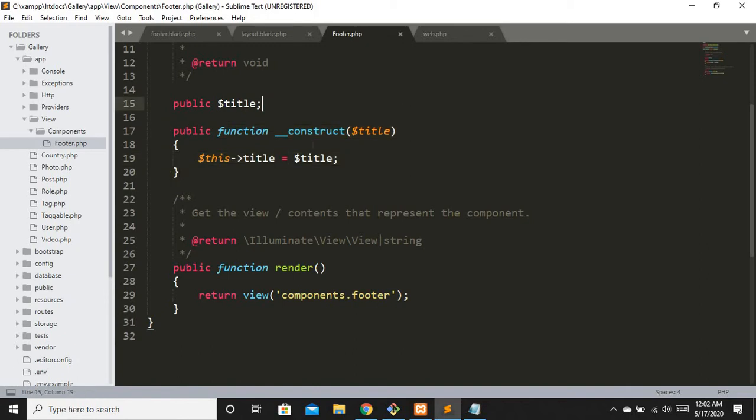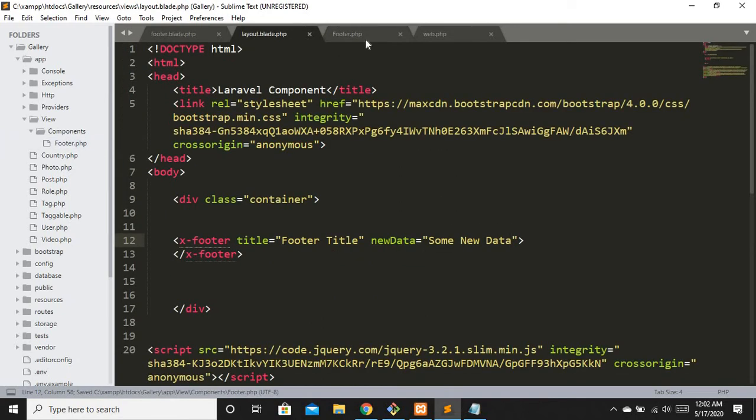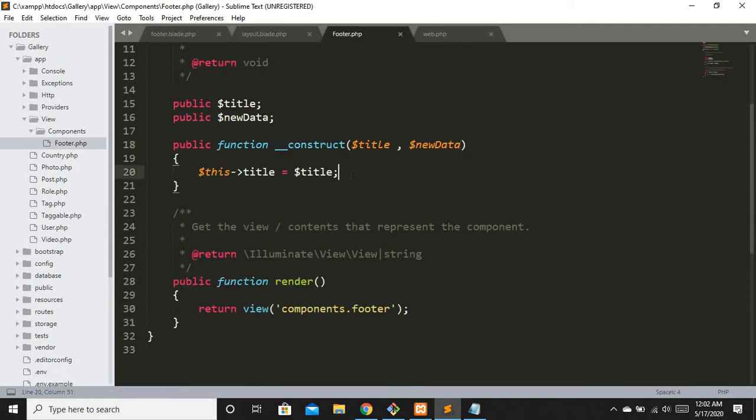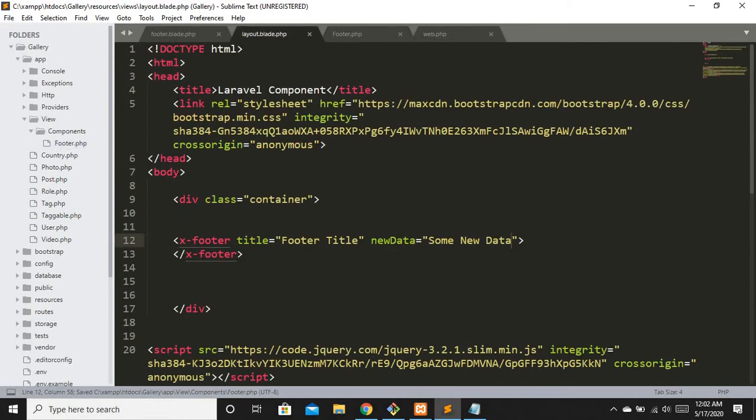Now we are going to create another variable, public $newData. That's it. Now this construct function accepts up to two parameters, $newData coming from here. Okay, now let's assign this to our class variable. $this->newData, without a dollar sign, is equal to $newData. That's it. Okay, now let's move to our layout.